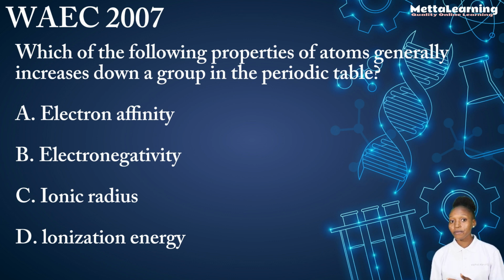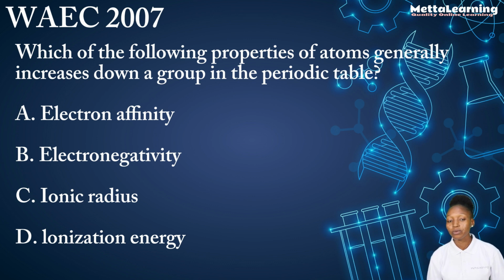Firstly, electron affinity is the energy change that occurs when an electron is added to a neutral atom. Electronegativity is the ability of an atom in a chemical compound to attract electrons. Ionization energy is the energy required to remove an electron from a gaseous atom or ion. These 3 properties, that is electron affinity, electronegativity, and ionization energy, tend to decrease as you move down a group